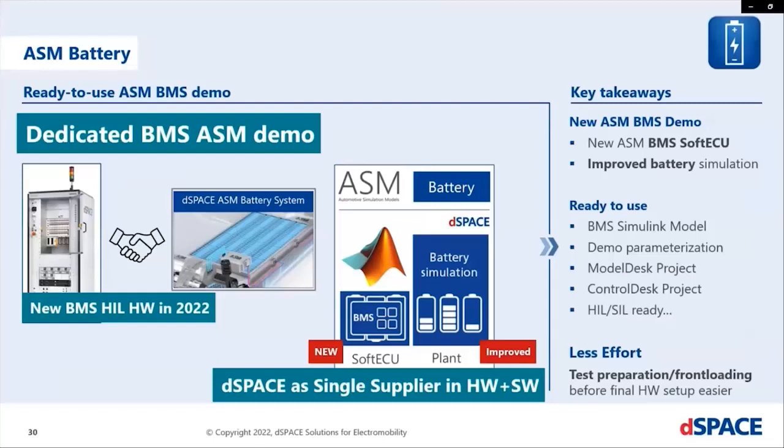The ASM battery library also includes the ASM BMS demo. This is a new portion of the library that we just introduced. So we added a new BMS soft ECU and an improved battery simulation that you can use together to run your system. And again, with all of our ASM libraries, as you know, you can use our current software toolchain and dSPACE software for that,